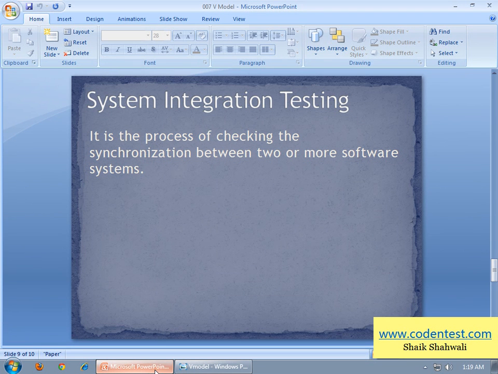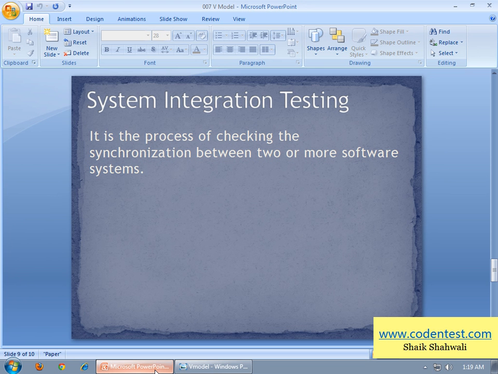Consider Gmail: take sending and receiving messages as system 1 and Google Talk, or Gtalk, as system 2. System integration testing means combining these two systems and testing for their synchronization.